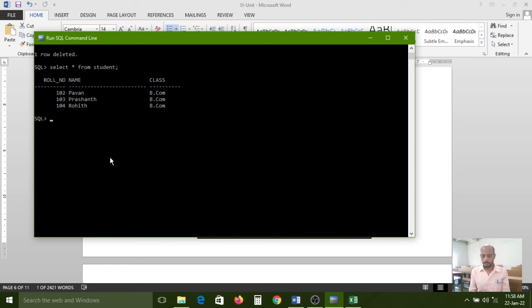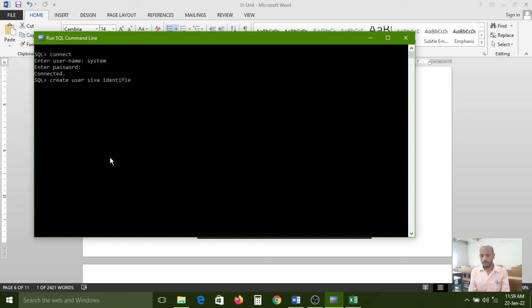At first I am running CL SCR to clear the screen. And now I am connecting to the default database. Connect system admin. Now I am creating one more user. Create user Siva identified by Siva.